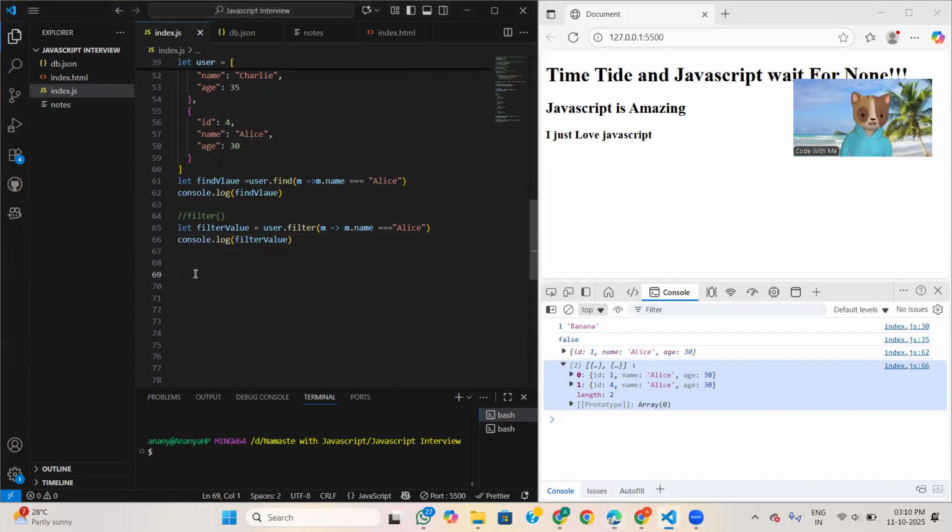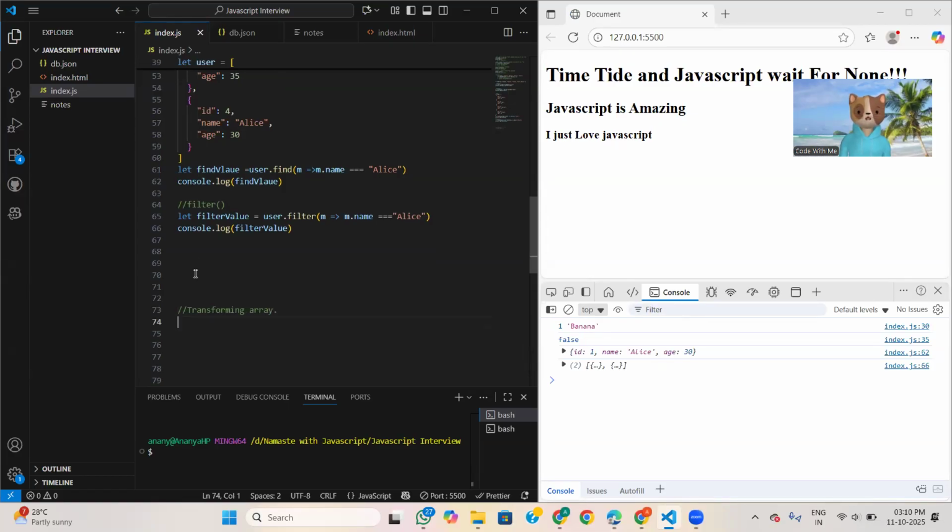Now we will discuss how to transform an array. In the older way we would use a for loop, for each loop, or for loop with if, but nowadays with Angular we will use the map function.